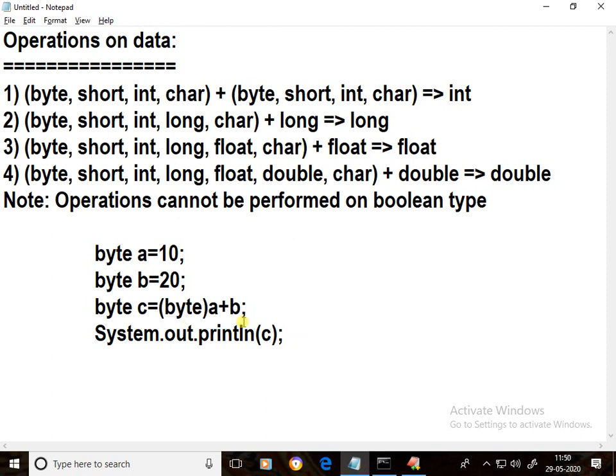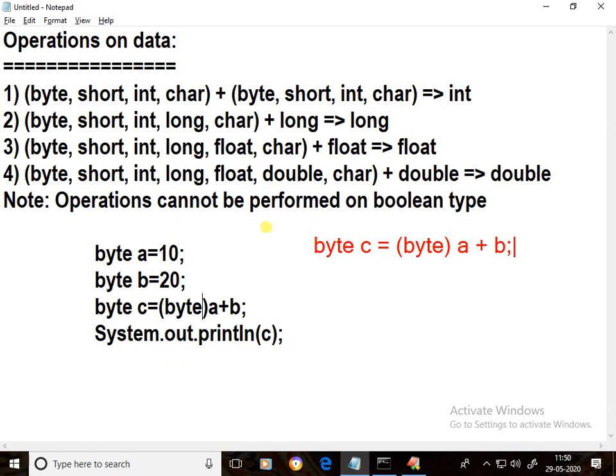Now also we'll get an error. Why this error? I'll explain. That line I'm writing separately. Byte c equal to, in the brackets, byte a plus b.